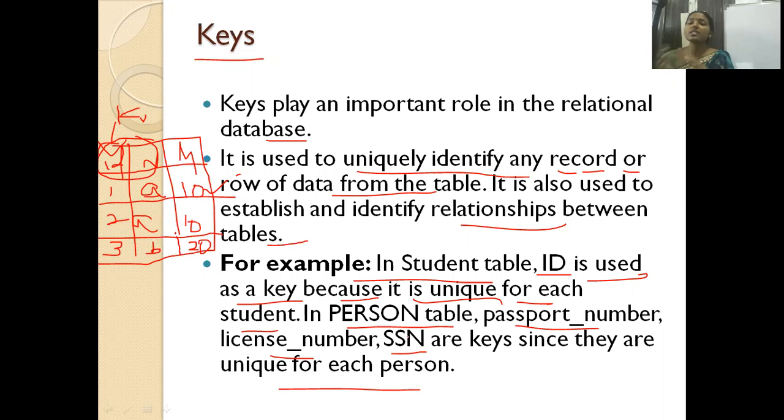So these persons have unique passport numbers, unique license numbers, unique SSNs. Wherever you need a unique term, we call it a key, and with its help we identify the particular row in a table. Clear? So you understand the use of a key?